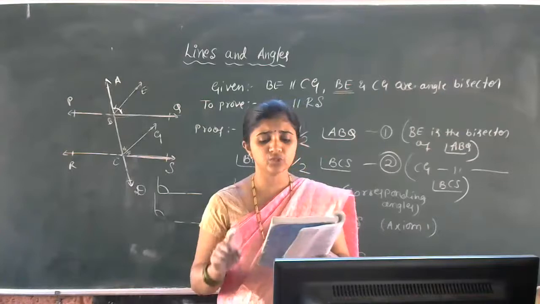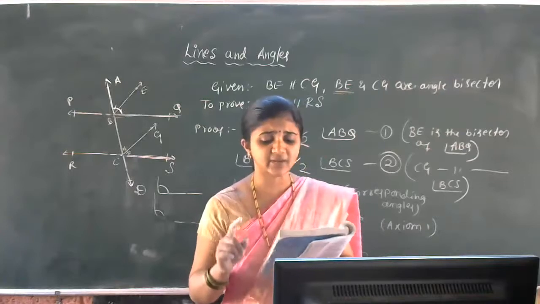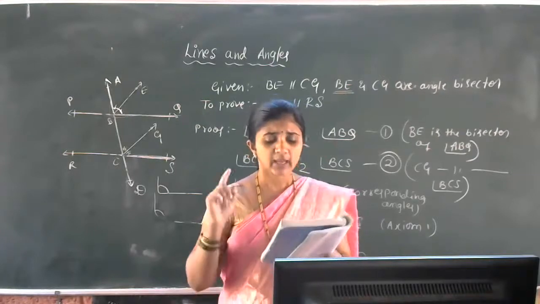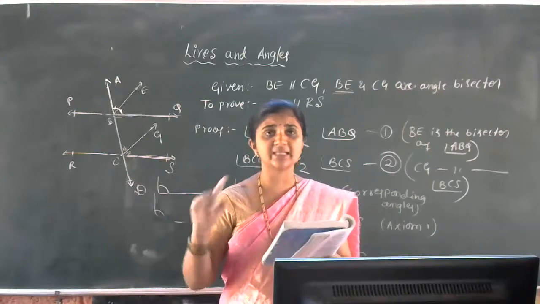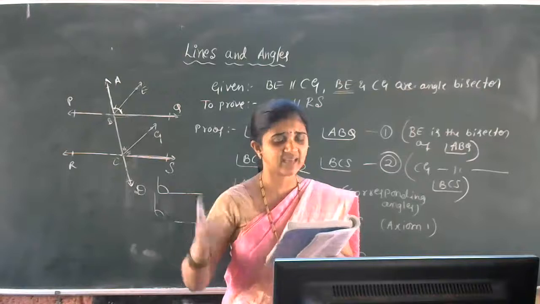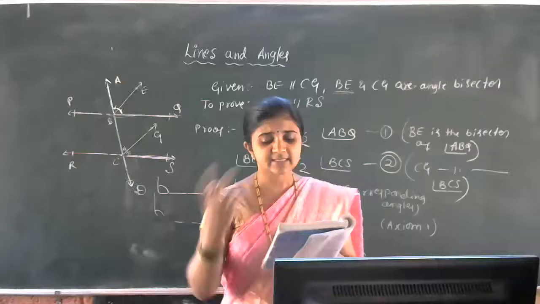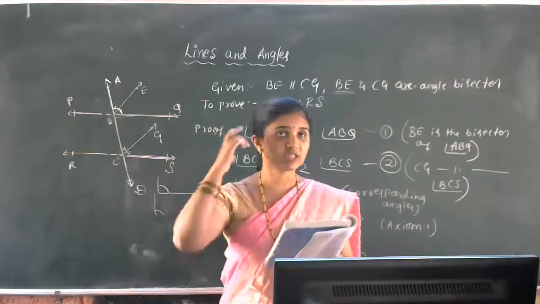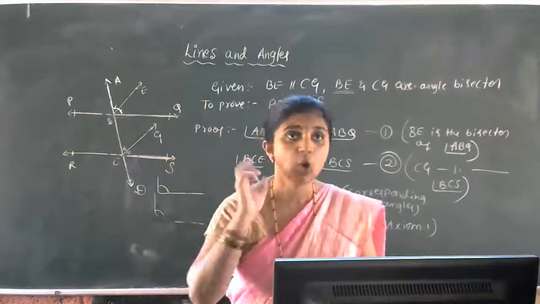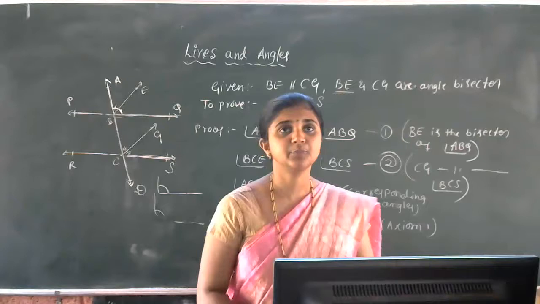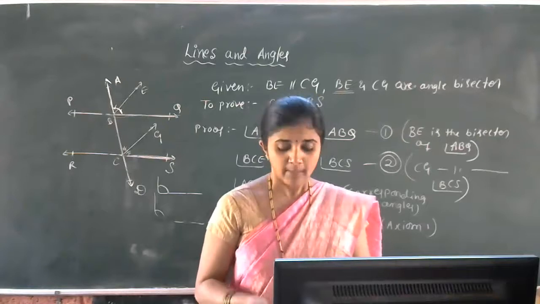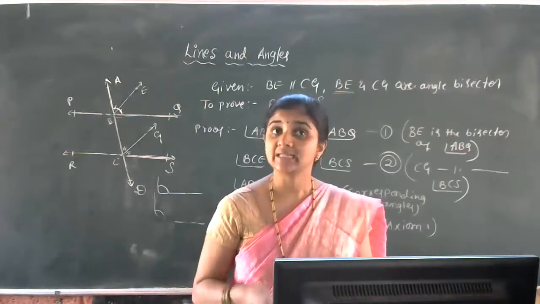It is very simple, students. First, they have used the interior angles on the same side of the transversal concept. Then X and Y are a pair of corresponding angles. Next, calculating Z is easy. You just work out that problem, that is the homework part. The solution is already given in the textbook, you just go through that question.